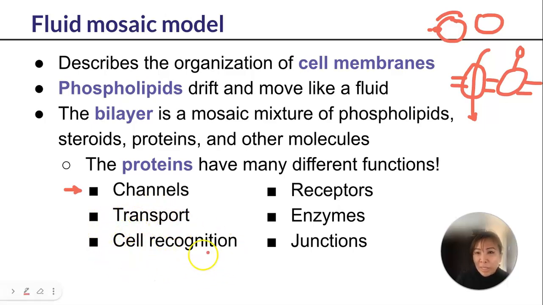We can use it for cell recognition. So that would be, for example, the glycoprotein, where it has the sugar. We'll draw a different protein here. It can actually function to recognize and bind onto different molecules. So that would be a receptor. These proteins can also function as enzymes. We discussed when we looked at protein how protein can have different functions as enzymes. And then we can have these proteins function as junctions, allowing us to connect with other